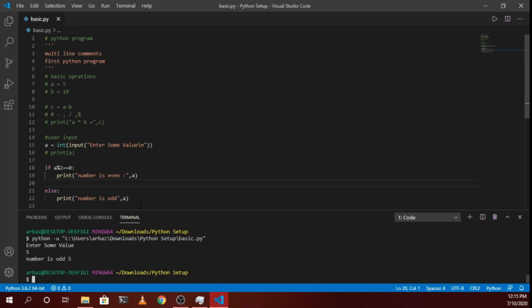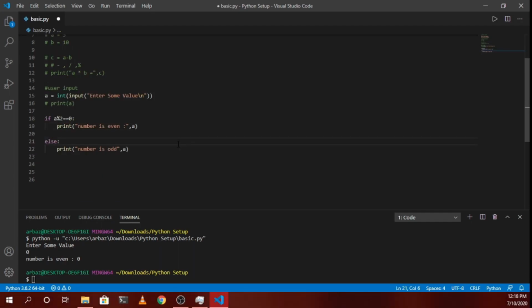So what basically is an if else statement? We are checking for a condition in the if statement, that is, if the number in the variable a, mod 2, equals 0, which basically means the number is even. So we print this statement, number is even, passing the value of a, and else, the number is odd, so we pass the number again. So it was a simple program using which you can check whether the input from the user is even or odd. Now we will comment out all this piece of code